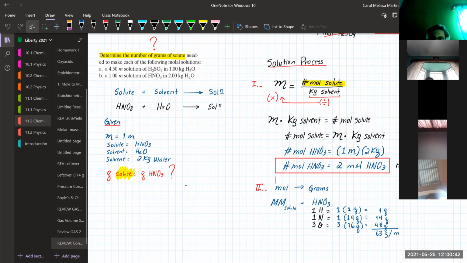Remember, this is the same as having 63 grams over 1 mole. And this is the conversion factor that you actually use. So you do the conversion process, that is 2 moles of nitric acid times,